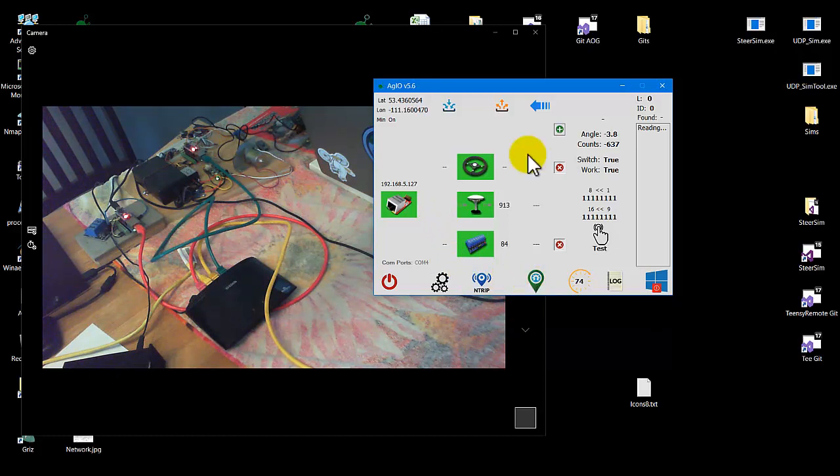OpenGPS. I would recommend running AgIO first. Now when you run OpenGPS, it doesn't run AgIO. So if you run this guy first, make sure everything's talking, and then run OpenGPS, then that's probably a better way to do it. Now NTRIP,